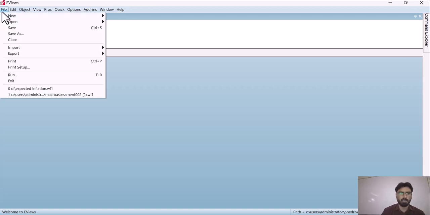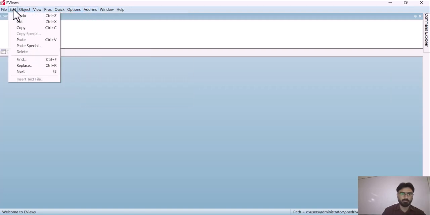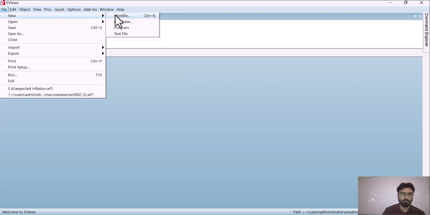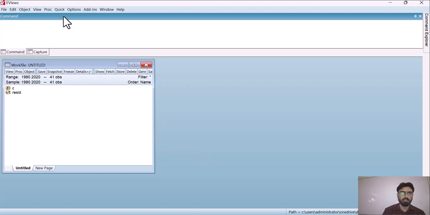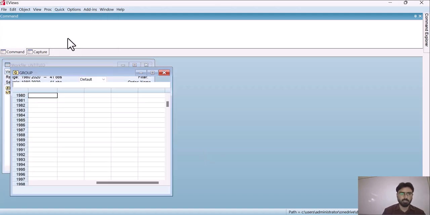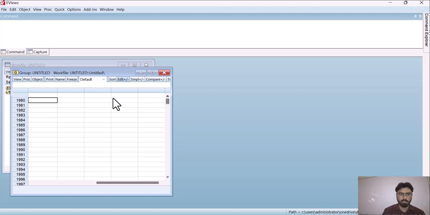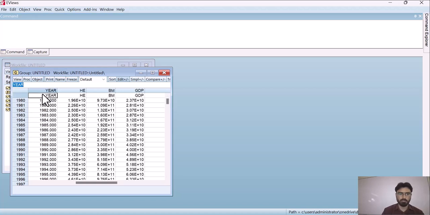So now I have to go to File, then New, and then Workfile, and here I have to enter the start and end date of my dataset. Then click on OK. Then go to Quick, then Empty Group, and here you have to enter your data. So as you can see, all my data is available here.